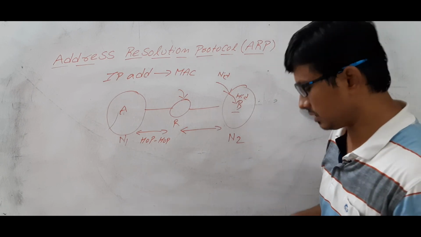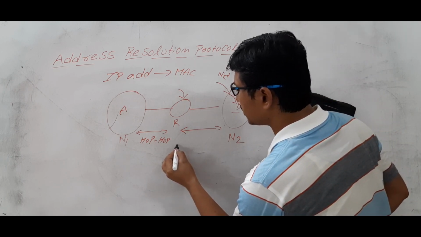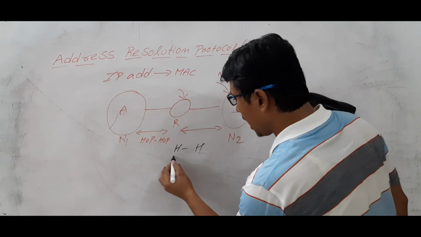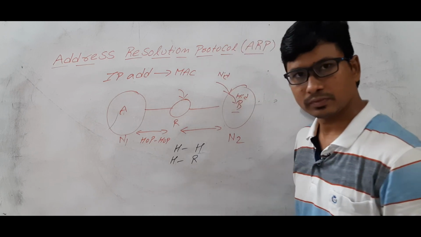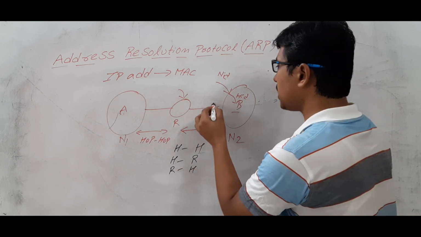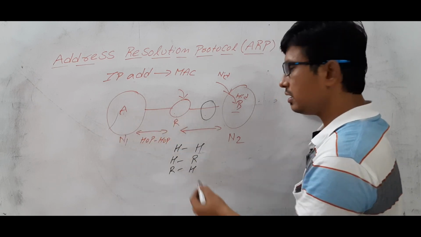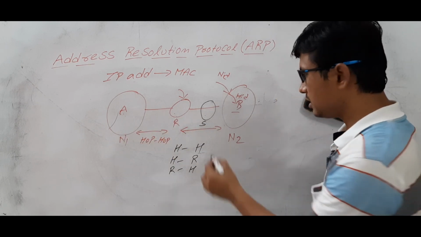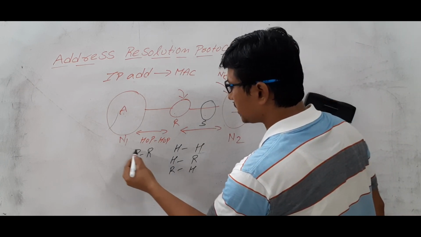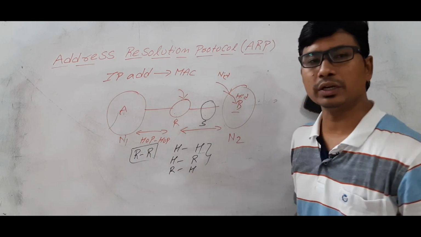So what is my point is that, please note down this point. ARP request and reply can happen between two hosts, meaning A and B if they are in the same network. It can happen between a host and a router. It can happen between a router and a host also. Let's take that you have another router here. Then the first packet has to be sent from A to R, then from R to router S. Then S has to send to B in the data link layer. So even ARP request and reply can happen between two routers also. This is a very important point you should remember.